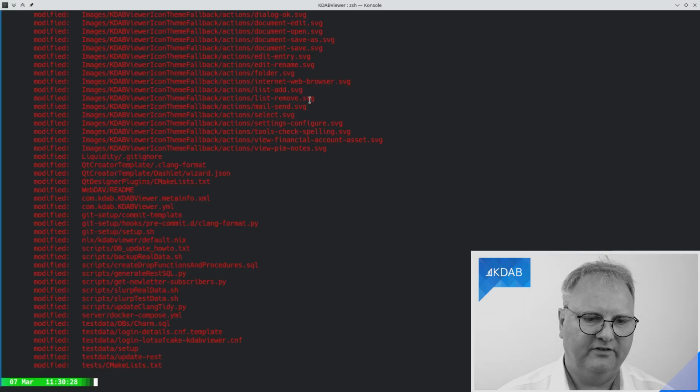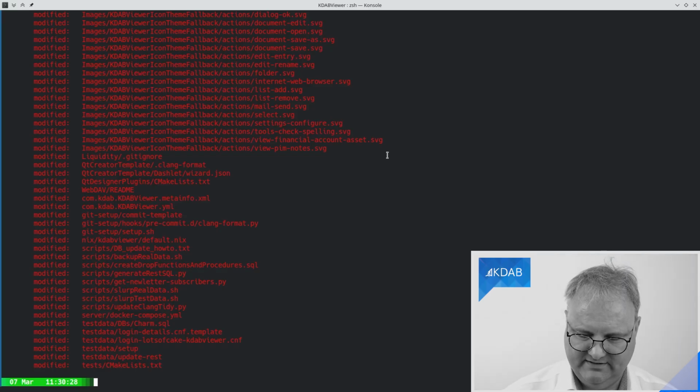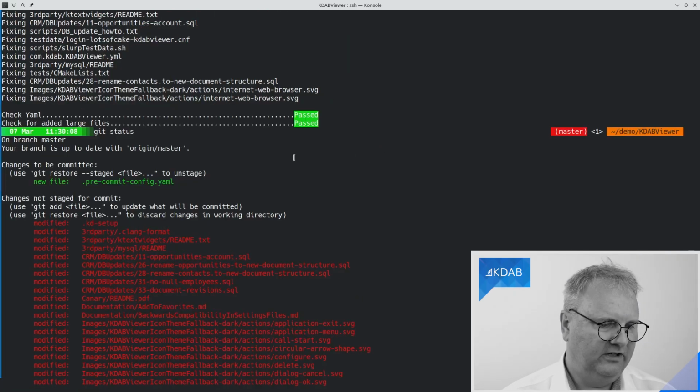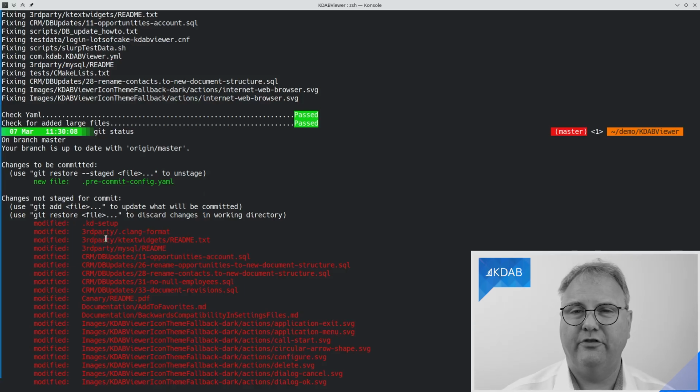Among those, a bunch of SVG files, and I don't want to get my SVG files changed. I'm sure that they are fine as they are. And also, if you go up here, you'll see some files in third party. And that's definitely files that I do not want to change.